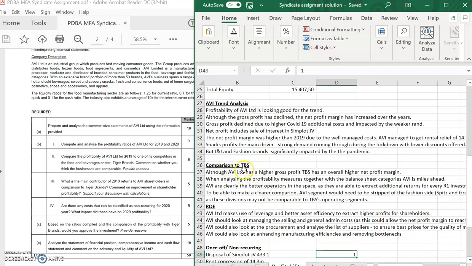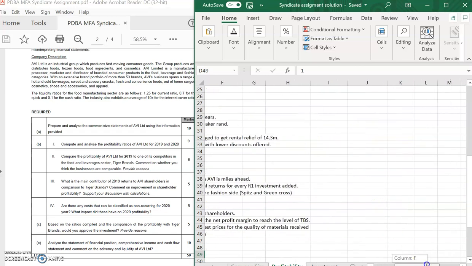Okay, when you compare to Tiger Brands, although AVI has a higher gross profit, Tiger Brands has a higher overall net profit margin. And when analyzing the profitability measures together with the balance sheet categories, AVI is miles ahead in terms of the return on equity. AVI are clearly better operators in the space as they are able to extract additional returns for every R1 invested